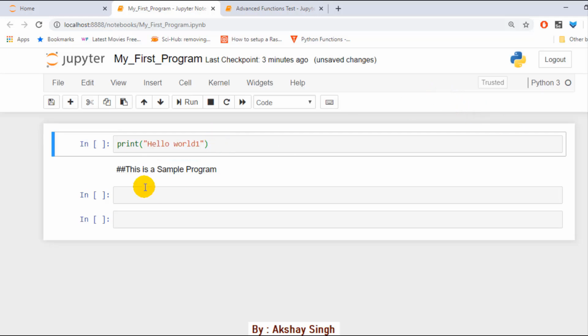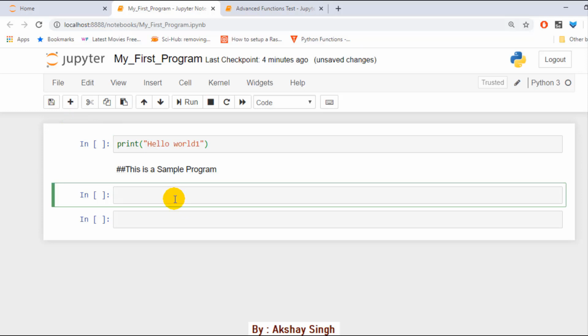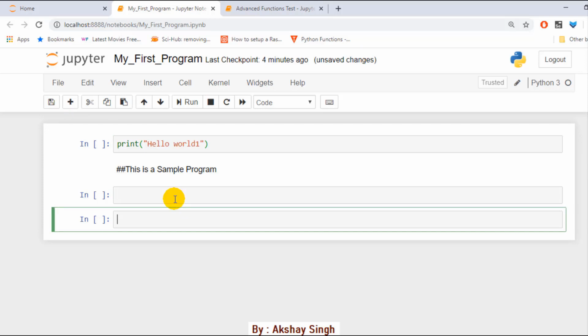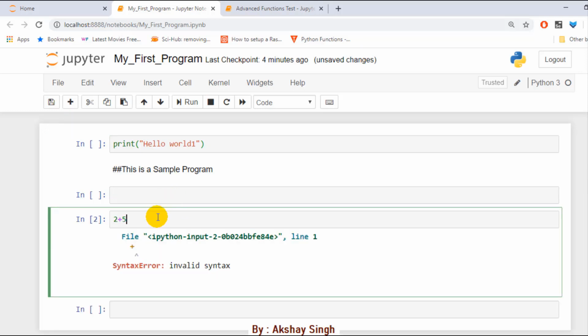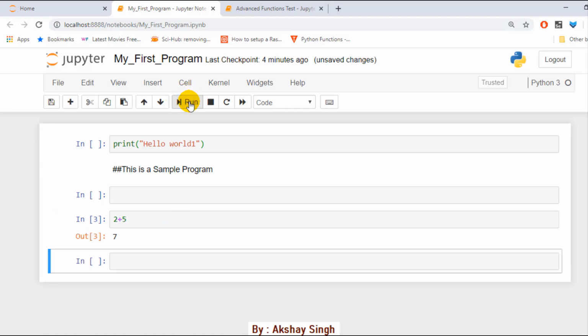So these are some basics of using this, and as you can see, this is self-explanatory and you can easily get into the notebook. You can find everything very easy. Just see here, if you type 2 plus 5 and just run it, it gives 7.